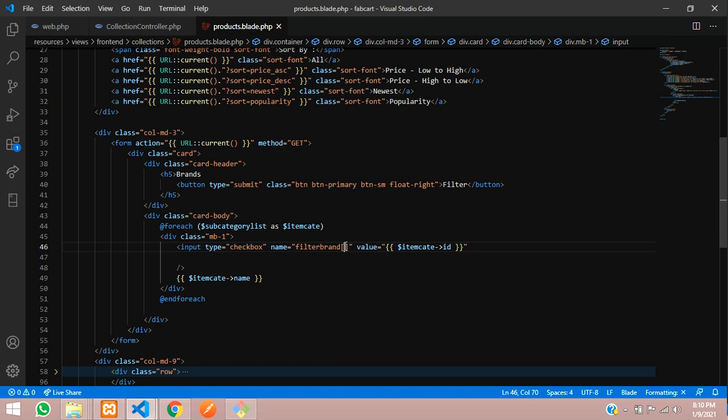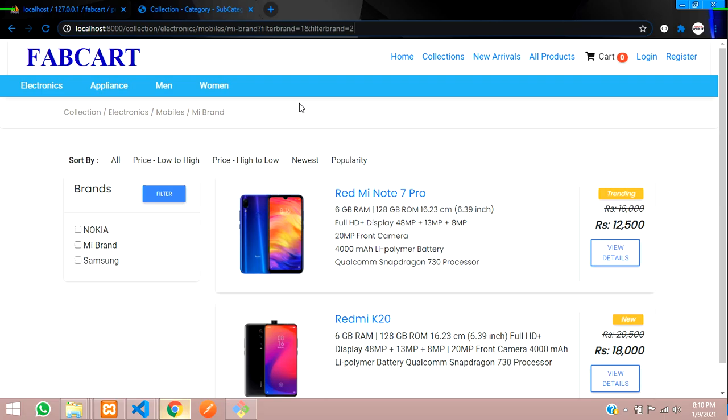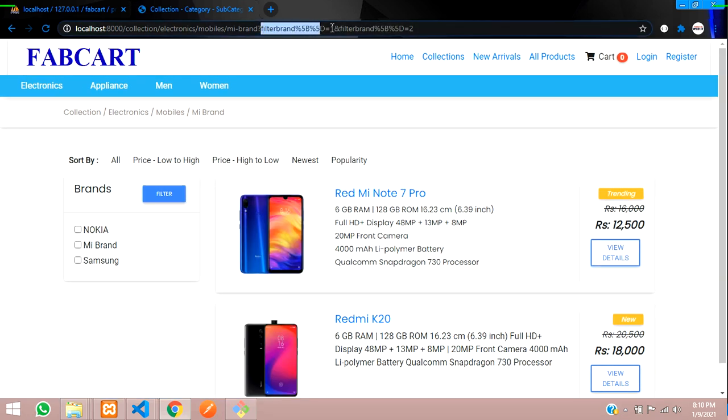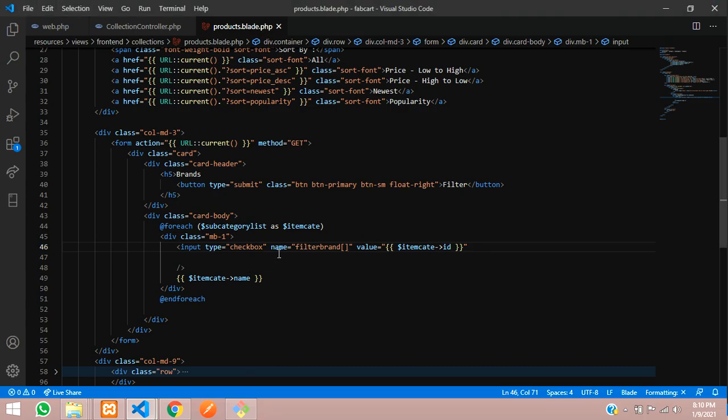So let's pass this into array format, and let's get back and let's filter again. So once you reload the page, and now let's send it to filter, where you can see the array format. Okay, so where 1 and 2, if 1 and 2 is available over here, make sure it should be selected. So guys, to make it selected, let's code that over here.